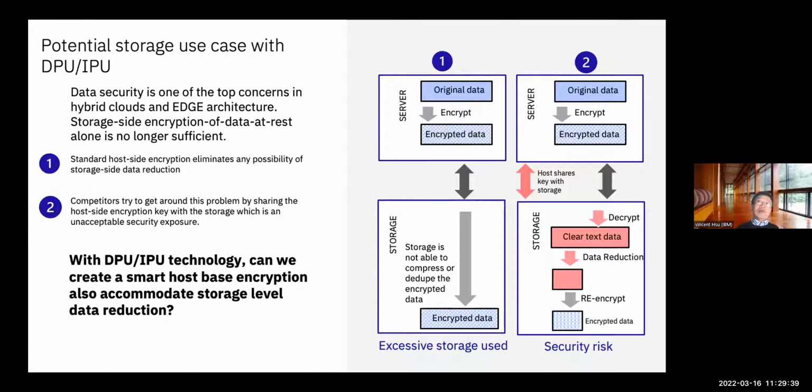The problem is once you move the encryption capability to the host level or network level, if you want to persist the encryption from end to end, then it's very difficult for storage to do data reduction. And exhibit number one here is that we do see customers doing this kind of host-based encryption, and